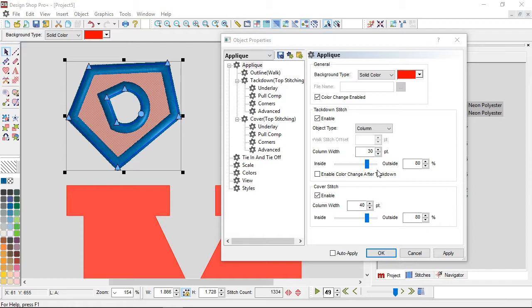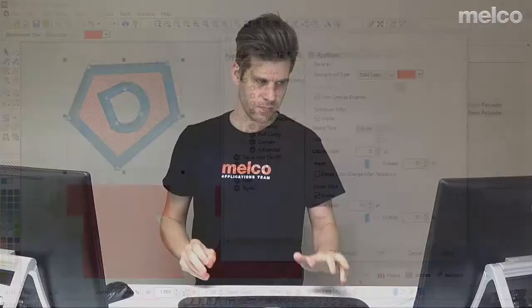Now, here's one that is, in my opinion, completely optional, but I tend to like it. Enable color change after tack down. So between my tack down and my cover stitch, do I want to have an applique command or the ability to add one at the machine? So do I want my tack down and my cover stitch to be two different color blocks